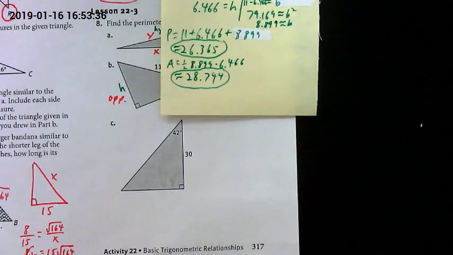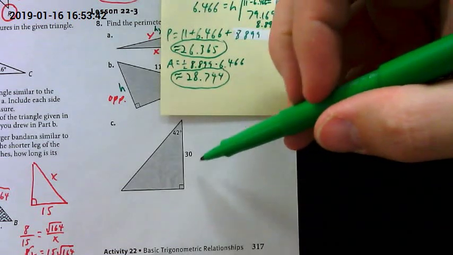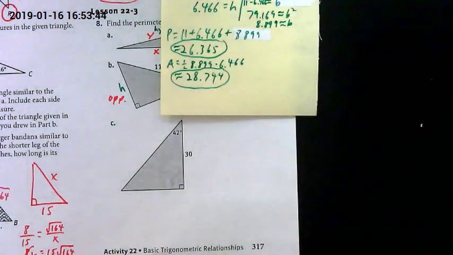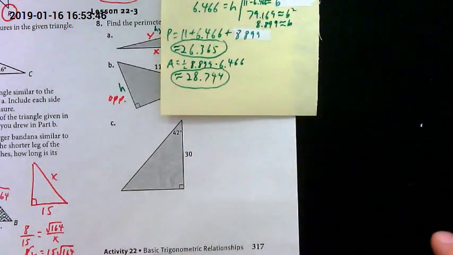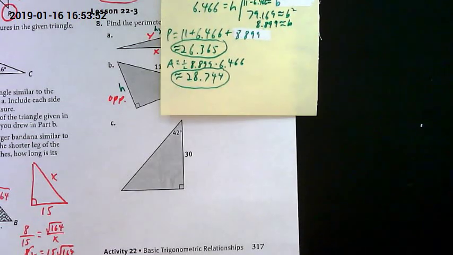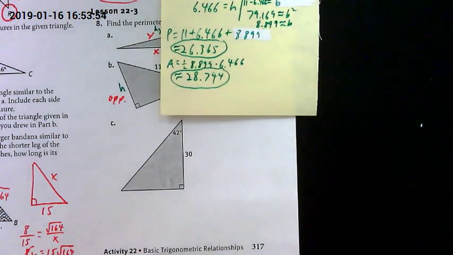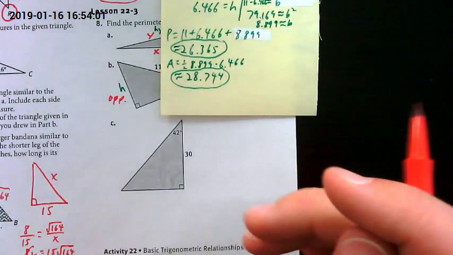All right, for C, we have one of the sides. Now, on this one, I'm going to do this one a little bit different as well. We have the 42. We could use that 42, all right? Now, I haven't really done this in class at all, but if you wanted to, I don't have to use the 42. You could choose to use